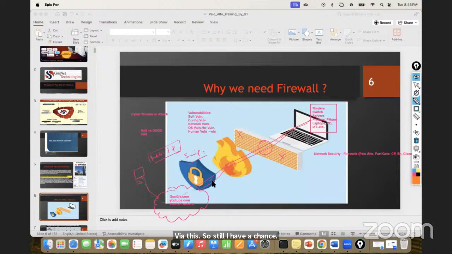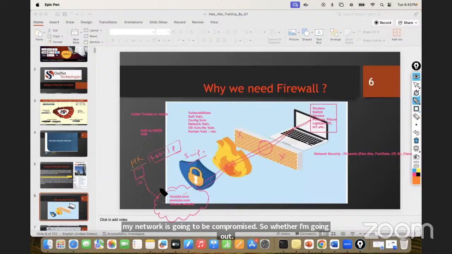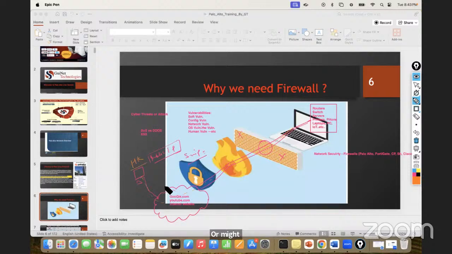So whether I'm going out, or a hacker is sitting on the internet, that is also going to take some kind of benefit of the open internet. So these are the major challenges. Means any networking devices, any kind of the